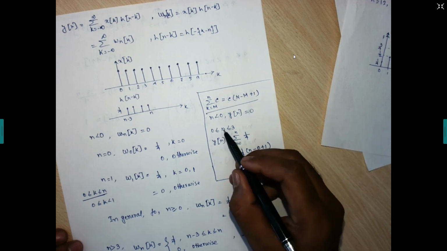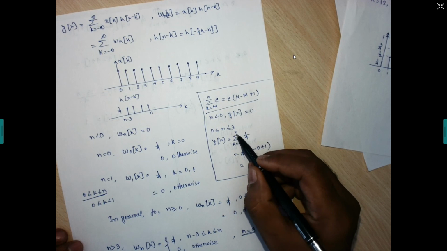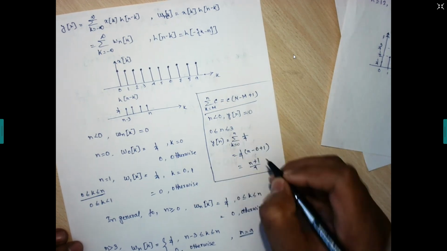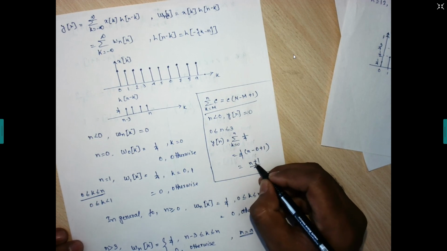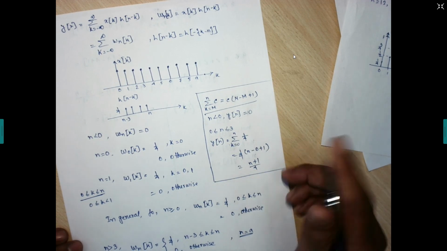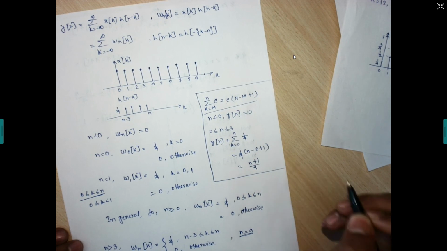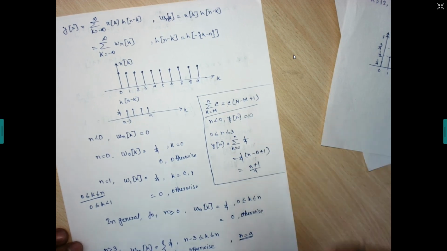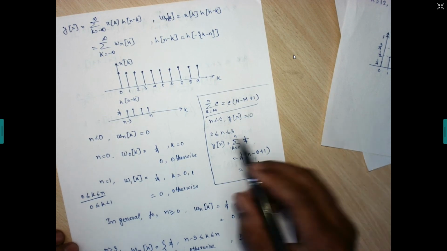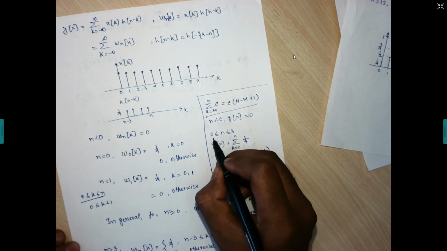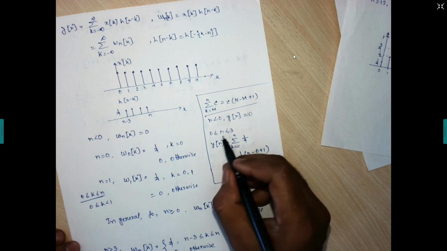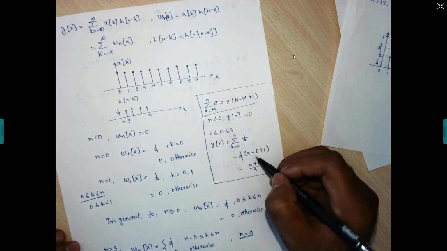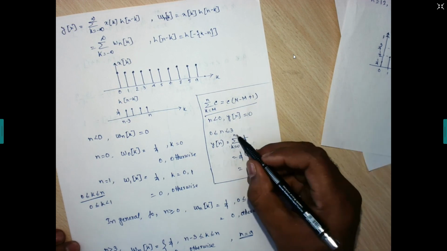In place of n, this one. So if we put 3 here, what will happen? If we put 0 to 3, how will you vary this n? If you simply put 3 over here, what does it result in? Only that. So how will you find the other samples' amplitudes? This n is variable for this case. It is varying from 0 to 3. N is variable, it has 0, 1, 2, 3. So if we put 3 directly over here, it results in 1. So you are taking n equals 3.